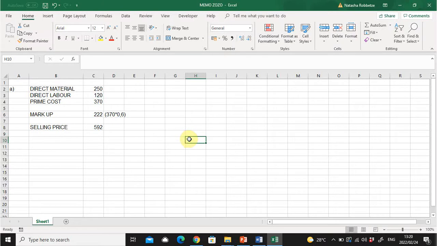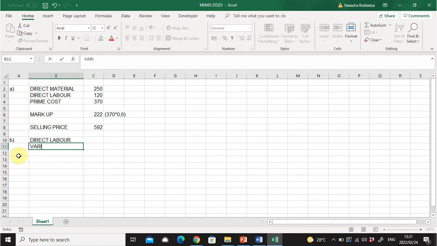For required number B, it says that we need to calculate the selling price. The markup is 70% of conversion cost. So now we need to go and calculate the conversion cost. So what is conversion cost? Conversion costs are the things that we need to produce a product that are not direct material. So that would be our direct labor,